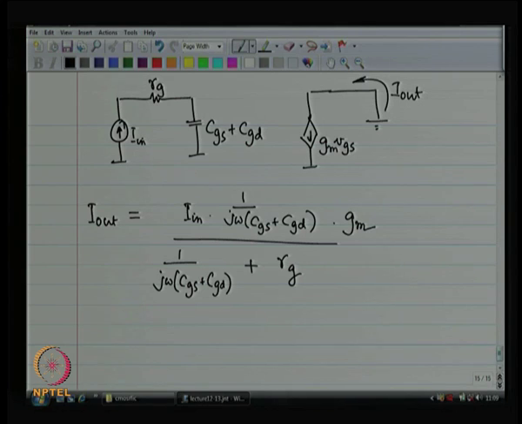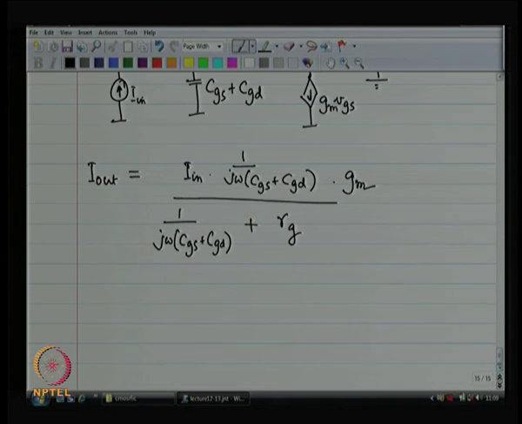All right. So, this is going to be the real expression, which means that I_out by I_in, that is your current gain,